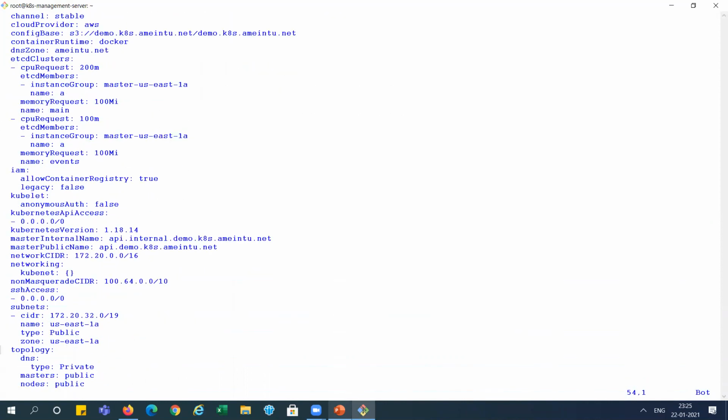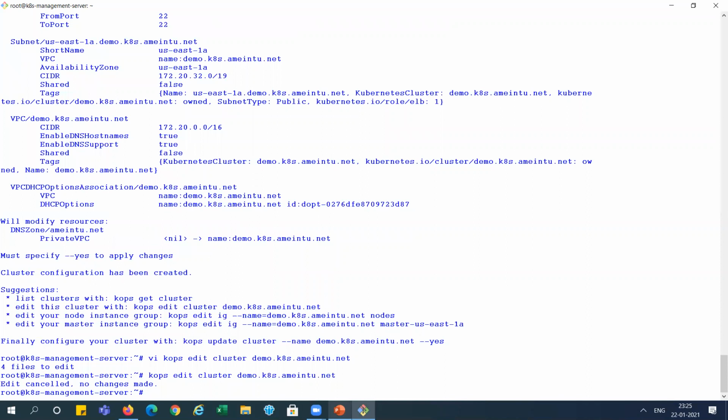Where it will be created, the instance group, the type, Kubernetes version, subnet and master details. Other details related to the cluster are showing over here. Okay, now we cancel the edit.